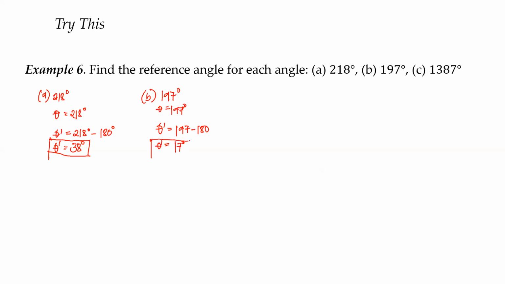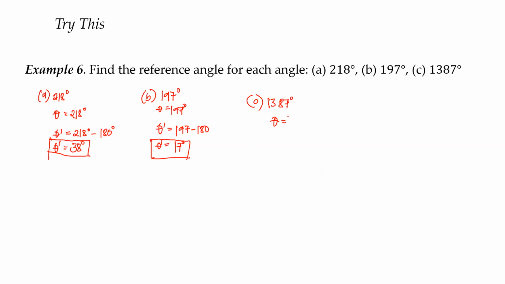Sorry, theta prime. Next, letter C is 1,387. So of course, based on this, 1,387 is more than 360. So what we're going to do is we will find the lowest positive coterminal of 1,387. And in order for us to do that, we will subtract 360 from 1,387 multiple times,